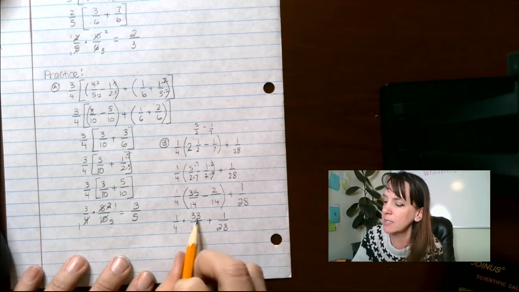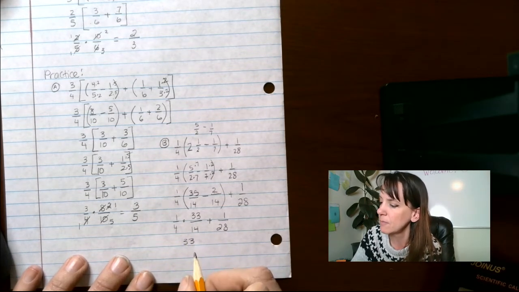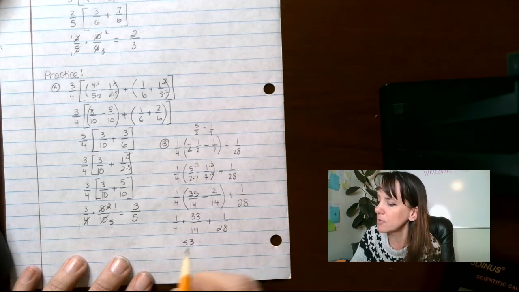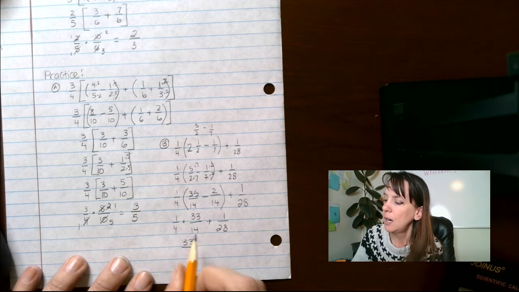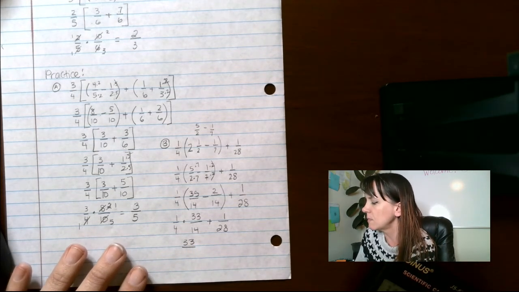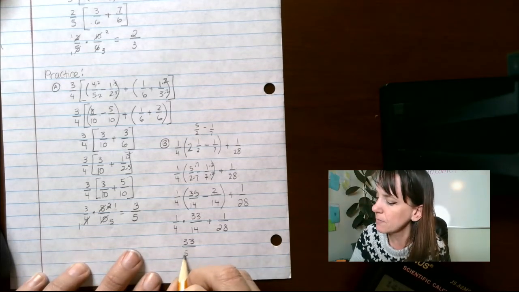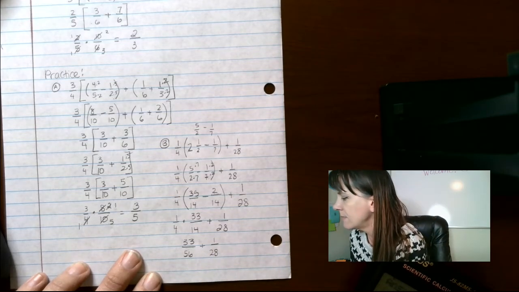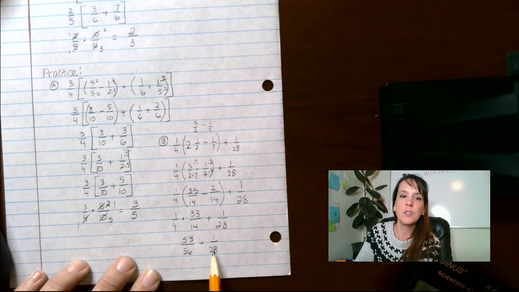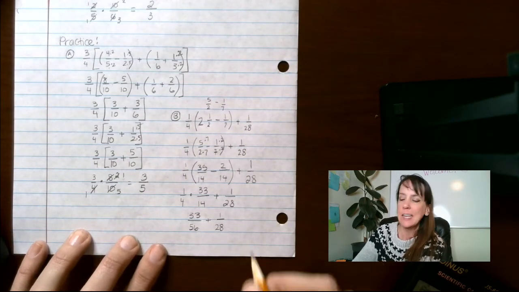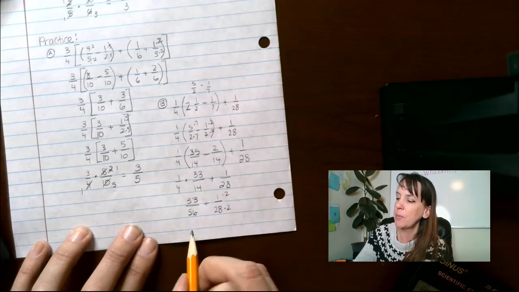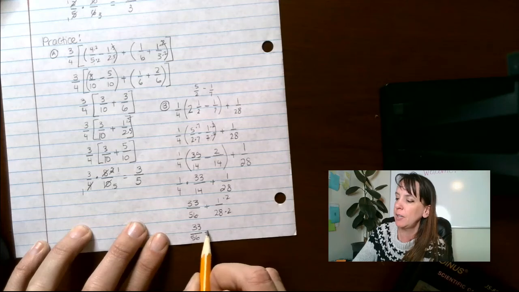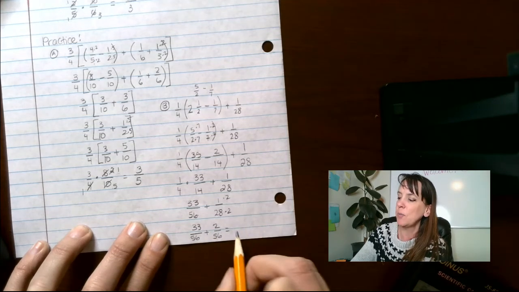All right, so we multiply straight across the top, we get 33. Making sure I got these right. Yep, just making sure. Okay, 33/14 times 4, 56, plus 1/28. All right. Okay, so 28 is actually half of 56. So we can multiply this guy by 2 and this by 2. And what we end up with is, pardon my small writing here, 33/56 plus 2/56 equals